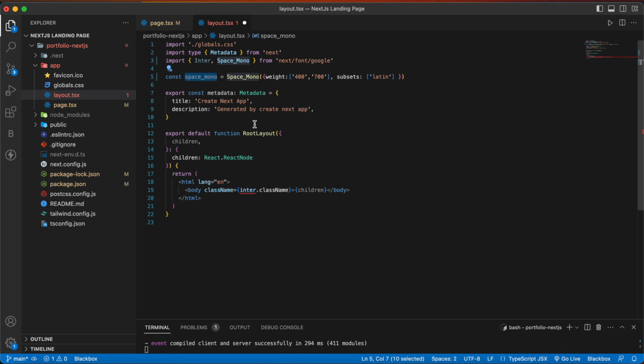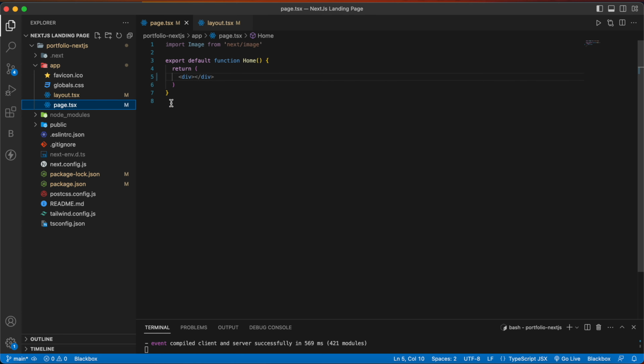Now copy this and paste it. Let's go back in the page.tsx and write hello, save it and go back here. You can see our text and the font.